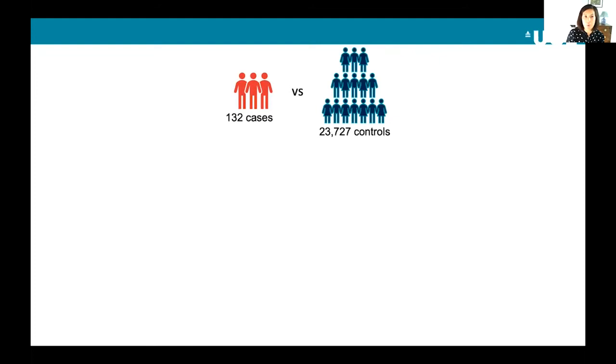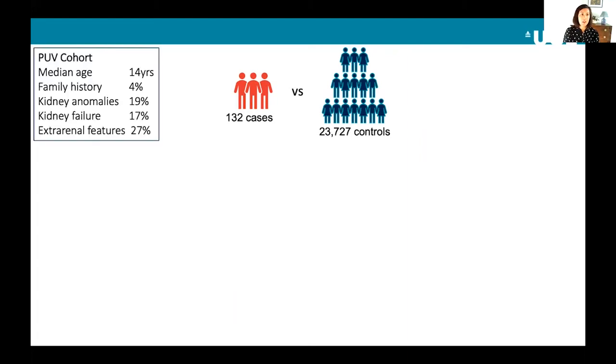So in our study, we used whole genome sequencing data from 132 male unrelated cases, none of whom had received a monogenic diagnosis via the project, and just over 23,000 ancestry matched controls who were made up of the unaffected relatives of non-renal rare disease participants who had no clinical evidence of kidney disease or kidney failure. Now, our cohort, the median age was 14 years, and you can see that only a small proportion, 4%, had